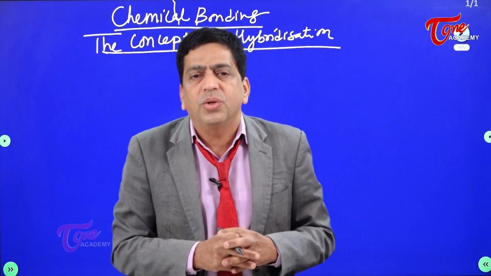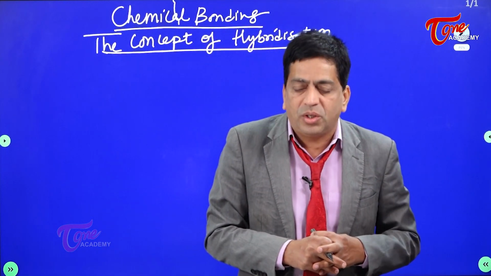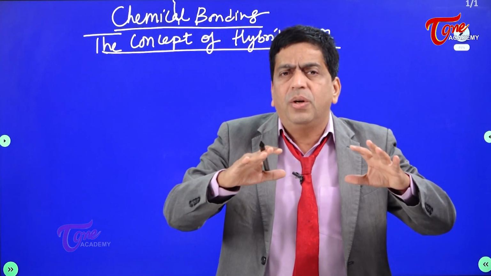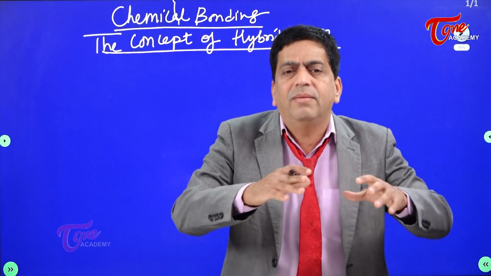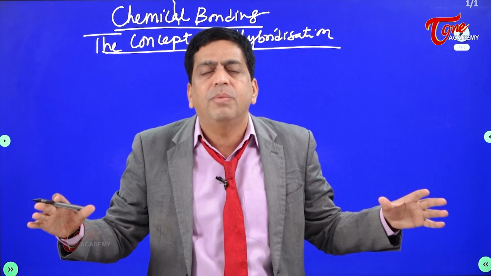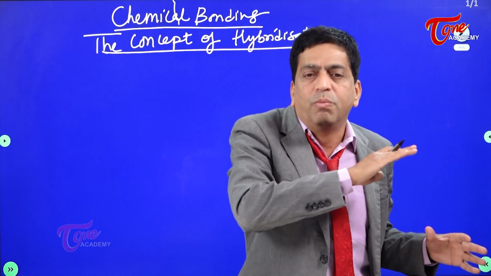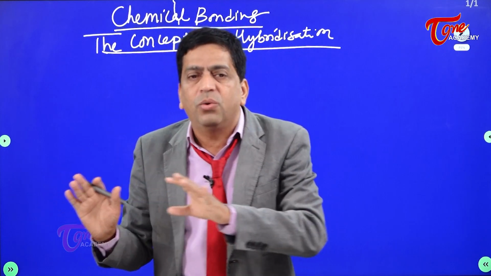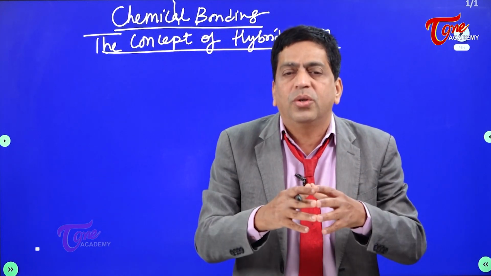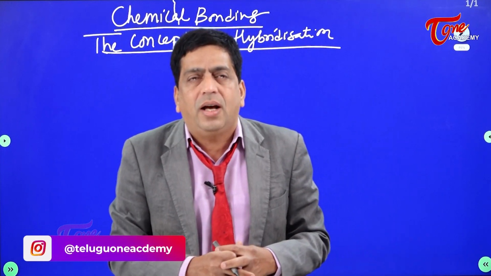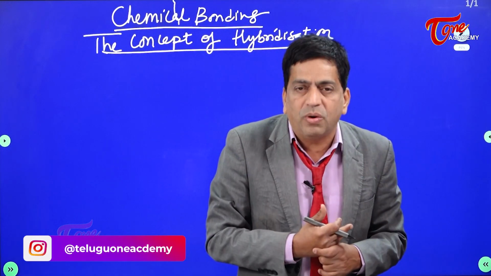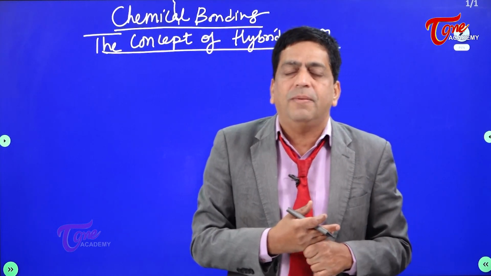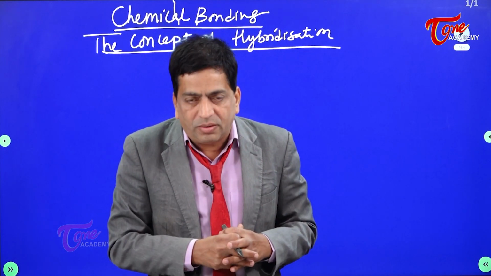So in the overlapping process, what is happening? Where does the strength come from? You must understand that when two atomic orbitals are overlapping, they delocalize over a larger volume, meaning simply the electron is now able to move around in a larger volume. Earlier you were restricted only to one atom. Now you have two orbitals coming together, and thereby the electron has a larger volume to roam around. When you move around a larger volume, you lose energy, and thereby you gain what? Stability, you must understand. Right? This is the thing.